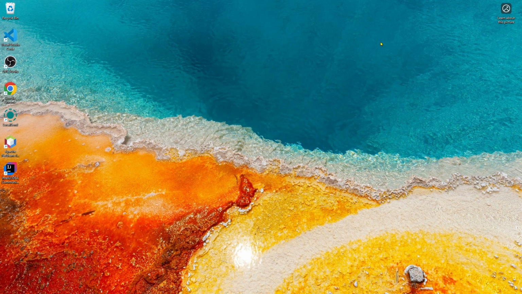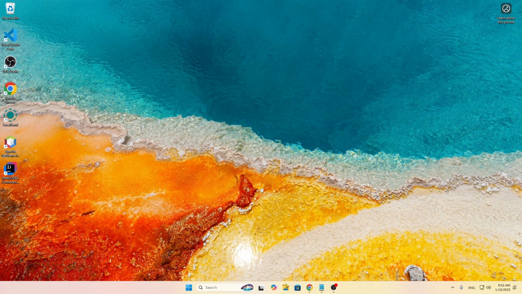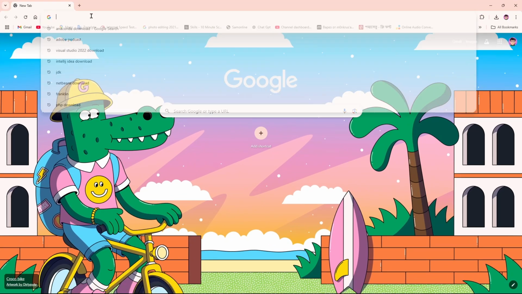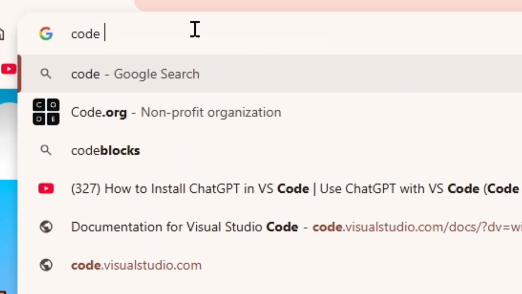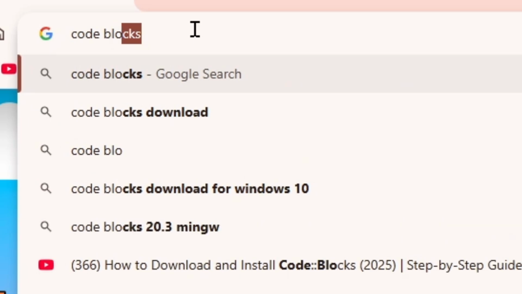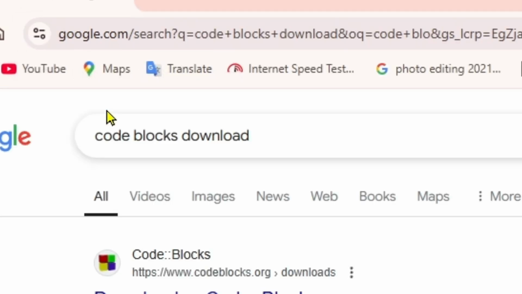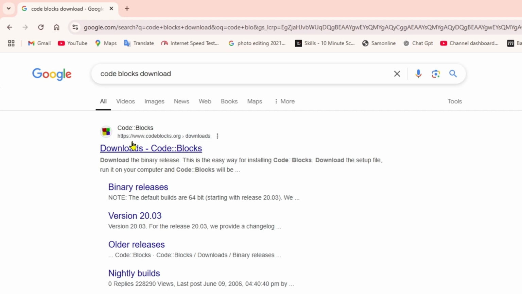Today I'm going to show you how you can download Code Blocks for your computer in a very simple way. How are you going to do it? Simply come over to your favorite browser and search for Code Blocks. After that, click on Code Blocks download, and here is the website called